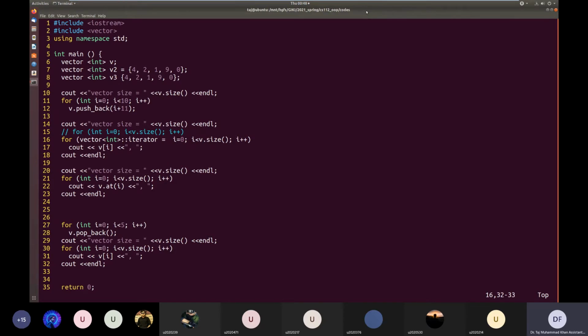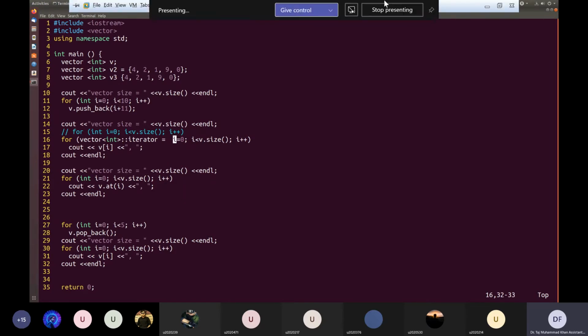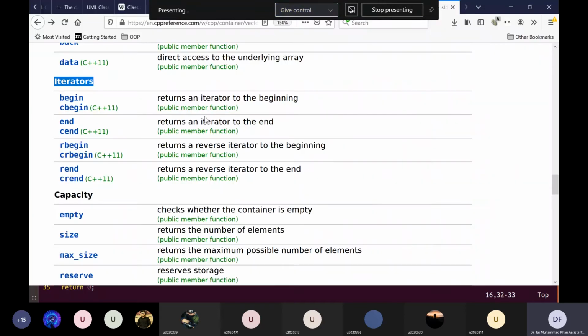And how do we get the iterator for the first element of the vector? Basically, if you see these iterators, it gives you this function begin. Okay, so the begin function will return the iterator for the first element of the vector. So let us see this description of this function begin.